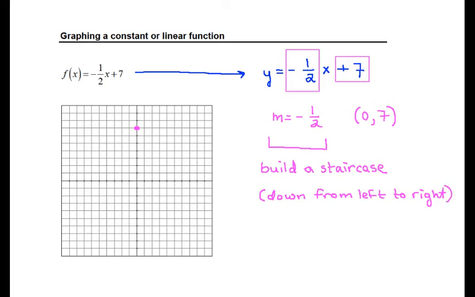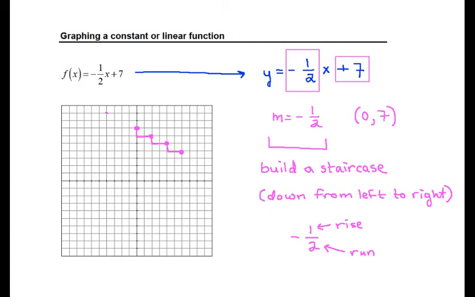And I have a rise of 1 over a run of 2. So this is my rise, this is my run. From this point, I'm going to step down 1, right 2. You can see as I go from left to right, this makes me go downstairs. Again, down 1, right 2, down 1, right 2. And I continue with this idea until it looks like I have